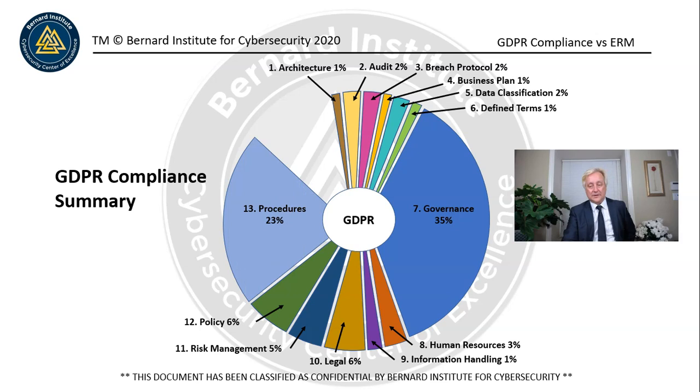Procedures, definitely very important. Going to be a lot of training and awareness and communications going on around this, as well as audit, especially during the first period of time, the first 1 to 3 years. I think the audit's going to play a very important role to make sure that people continue to follow whatever procedures you've defined.